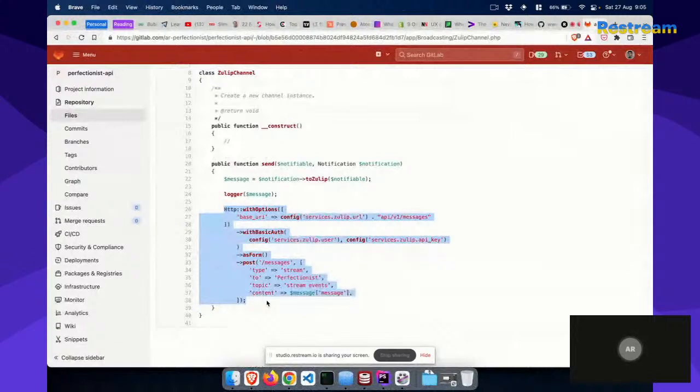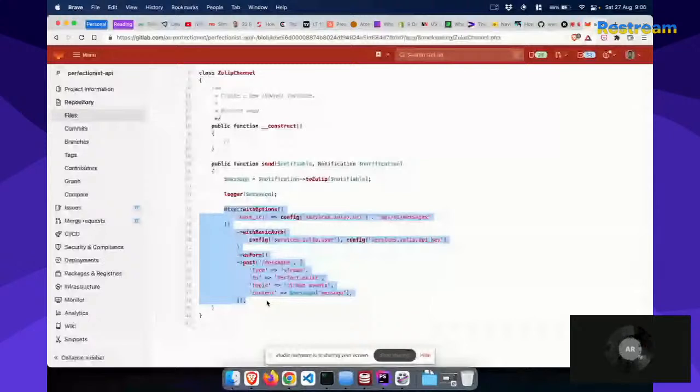Now, obviously, this is not really a very good thing to do, because the responsibility of making an HTTP call to Zulip and sending the appropriate data is not ideally the work of the channel. What I try to do is create a service called Zulip service, and this is aware